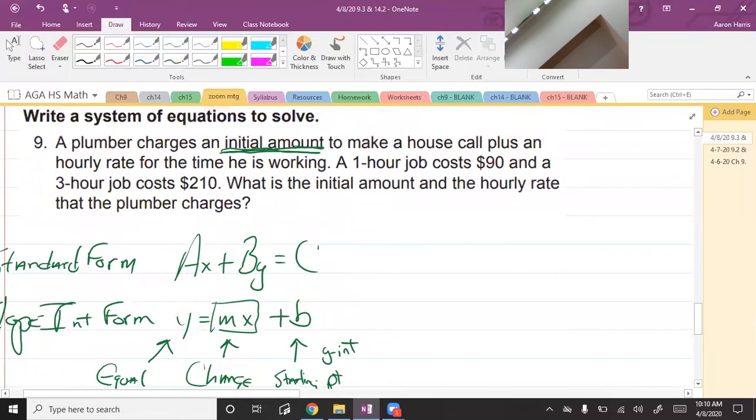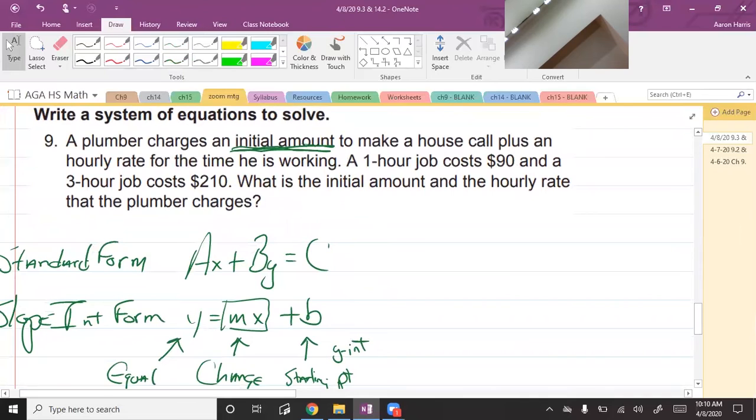So what we want to do is look at this, and I'm just going to talk about slope intercept form because we've been dealing with that so much, all right? So if this is the initial amount, then we're talking about B here. This is how much he charges no matter what, okay? If he walks into a house, then he's getting paid so many dollars just for even showing up, okay? All right, to make a house call plus an